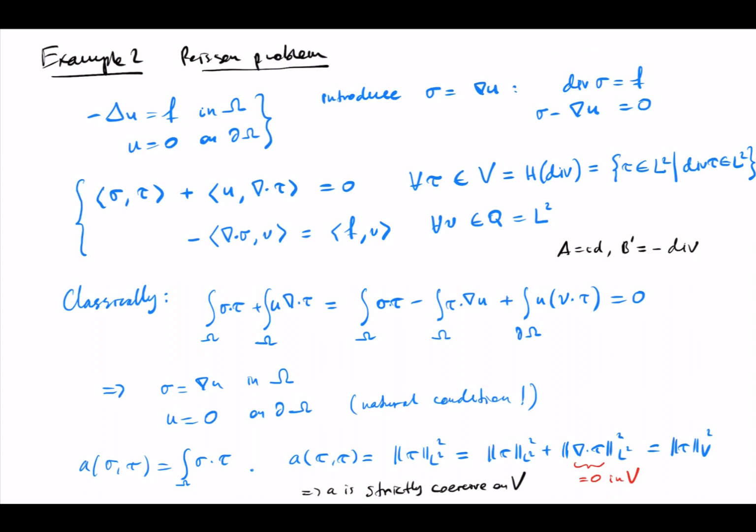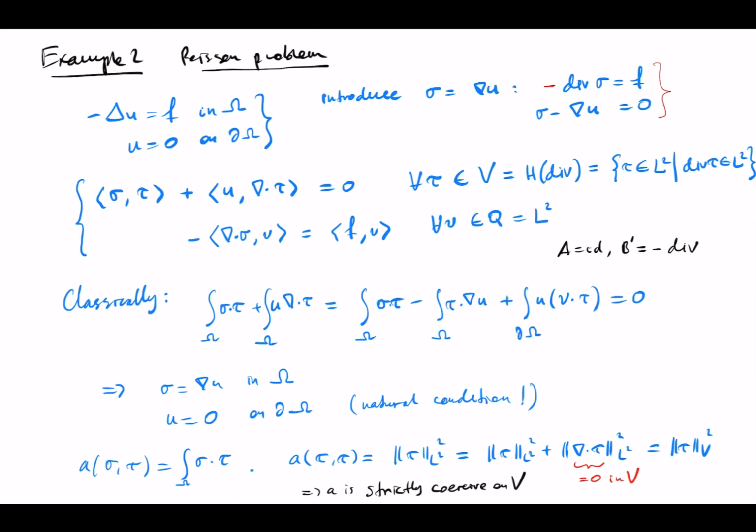I think we are missing a minus sign here. And this second equation is just a definition of sigma. So we have this system of equations. So if we just look at this system and try to write it in a variational form, let's start with the second equation,